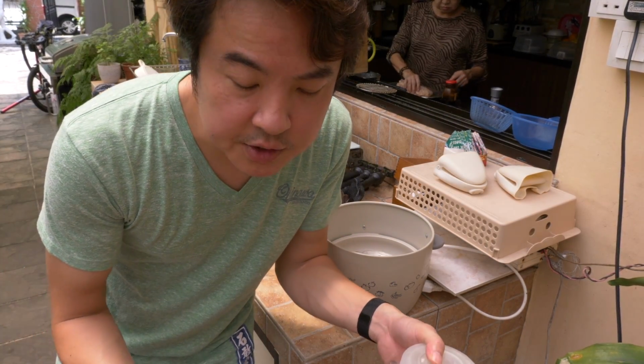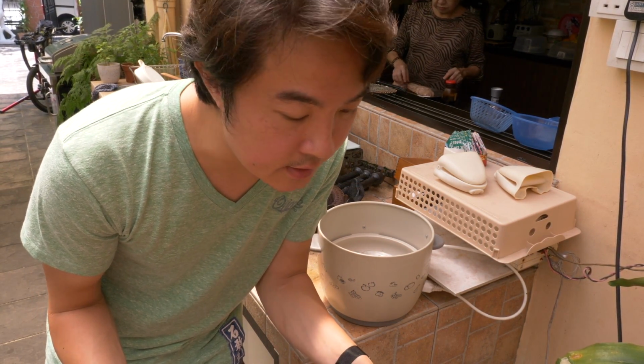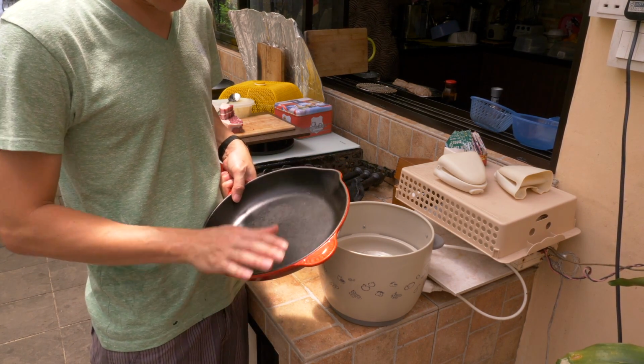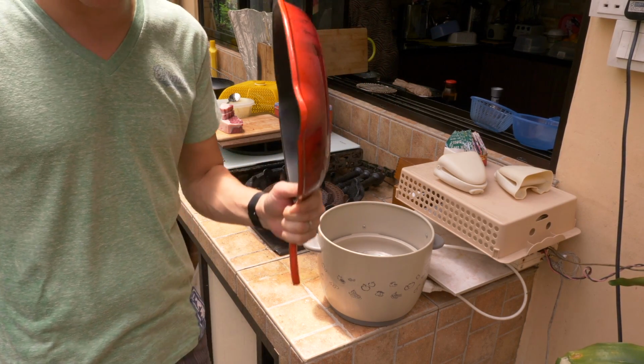And you'd be surprised, this is all that you really need. Its own fat, some butter, and that's how I cook my ultimate ribeye steak. I love this pan. It's a cast iron skillet pan. Pretty expensive, but this is what I use